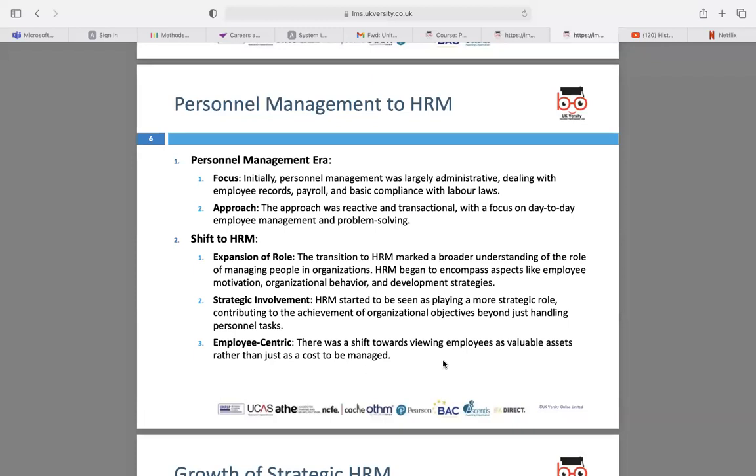And there was a very employee centric approach that started being put up, because they now started seeing employees as assets rather than just costs, like we spoke about. The human capital theory comes into perspective over here, because first employees were just seen as a cost, but now they're seen as assets, wherein we speak about the employees' knowledge, their skills, and also their education and previous experiences that they have, and the amount of economic value that the workers bring with their experiences and skill sets.